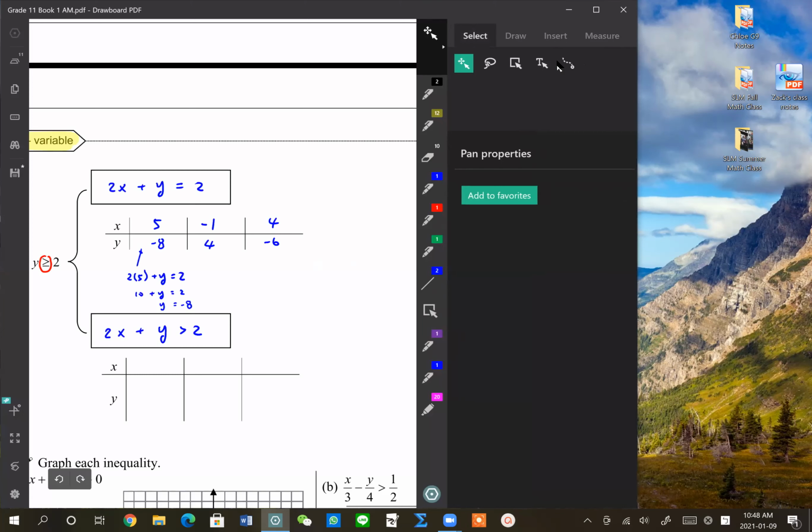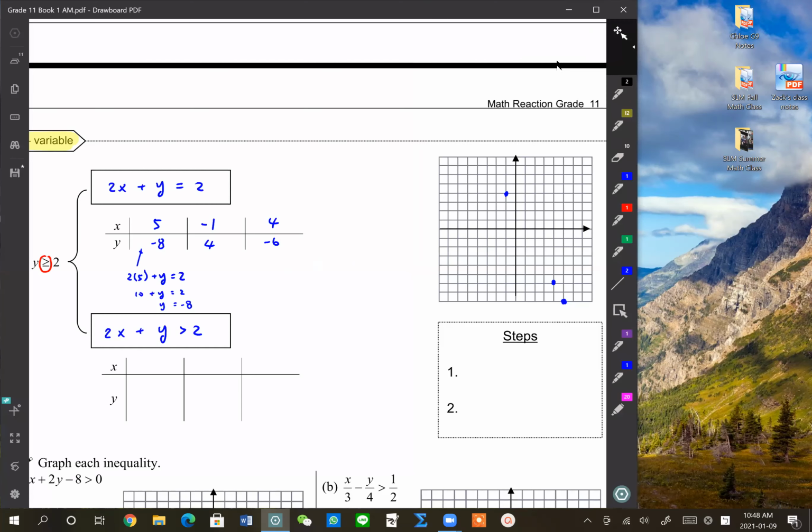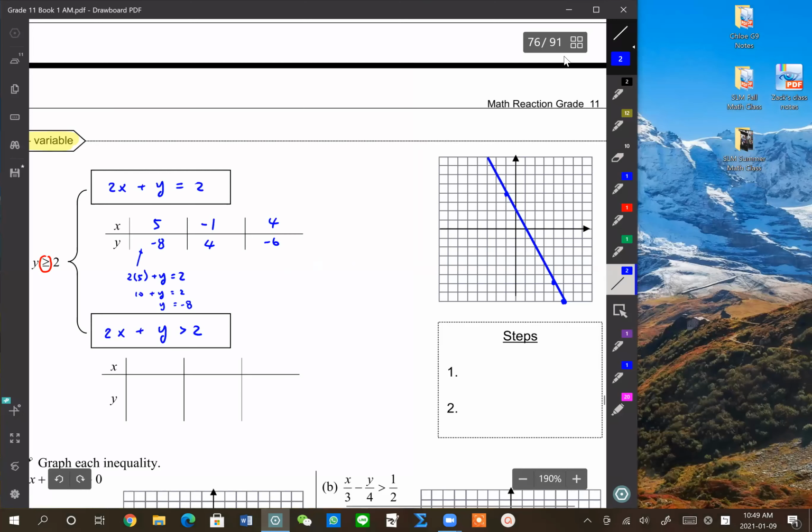Okay, so let's see. Okay, over here. There we go, finally. So that's our line, right? Okay, so now we have a line there. To graph that line,